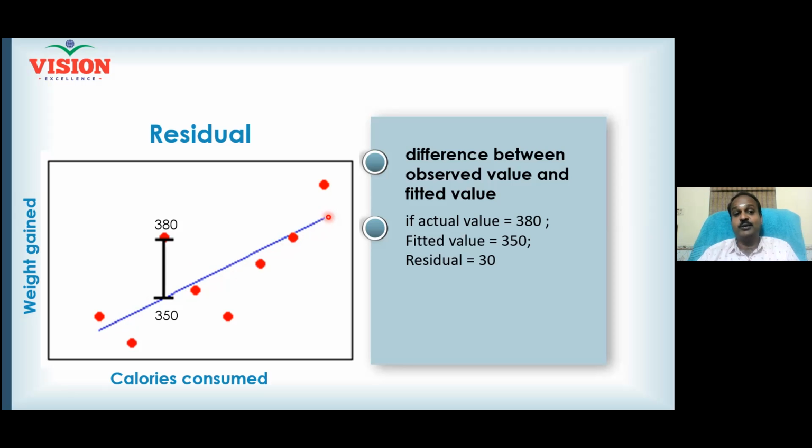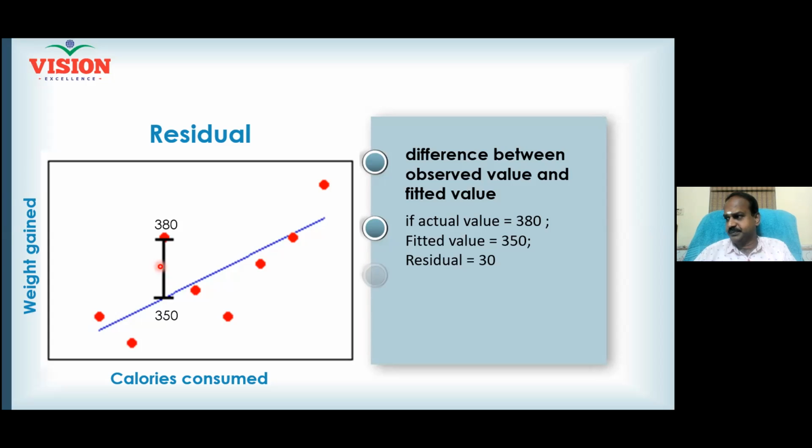Same way, you can predict what can happen to the weight gain if the calorie level is at a particular value. So it all depends on the deviation. The average of the deviation is the standard deviation, and that standard deviation needs to be as low as possible so that your regression model can work better for you.